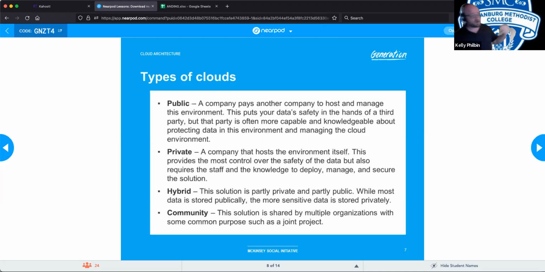This is a third-party operator that you are renting a service from, and you're utilizing their equipment to supplement your needs. It puts your data essentially in the hands of that third party. But in theory, they're supposedly more capable and knowledgeable about protecting data in this environment than your organization.